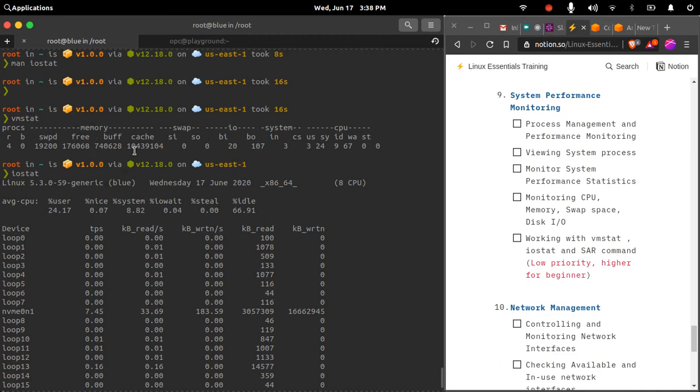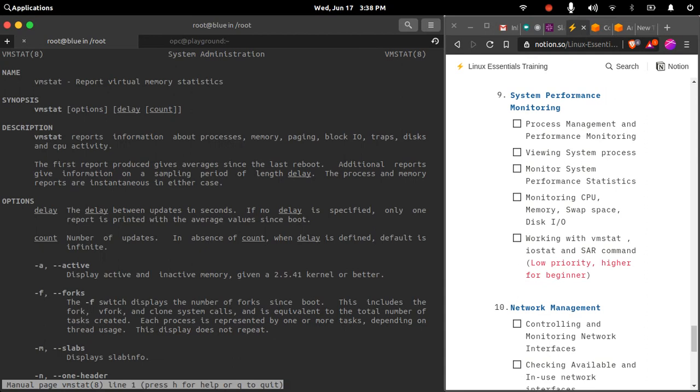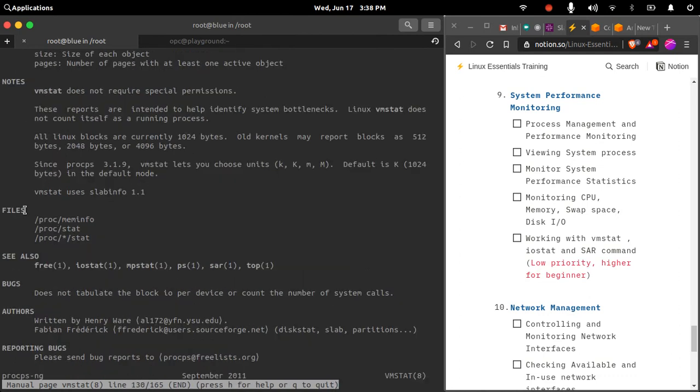These tools are good for performance troubleshooting on the system. When you are administrating any server, and if you find any bottlenecks related to the disk performance, memory performance or the CPU performance, you will use these tools. These are very important tools. Now if I go to the vmstat man page, it will report the virtual memory statistics of the system. If we go down, in the files section of the man page, similarly to when we saw iostat, you will see a few files that vmstat uses to produce the output.